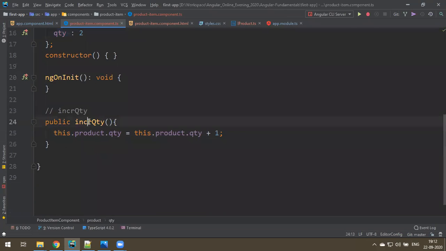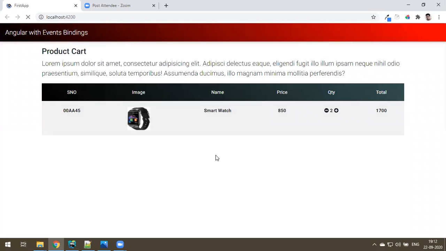So how many times you click on the plus button, those many times it executes this function, and keeps on incrementing the quantity. Already quantity is bound here. Let's check. Click on the plus. Yes, it is now incrementing. Looks good.